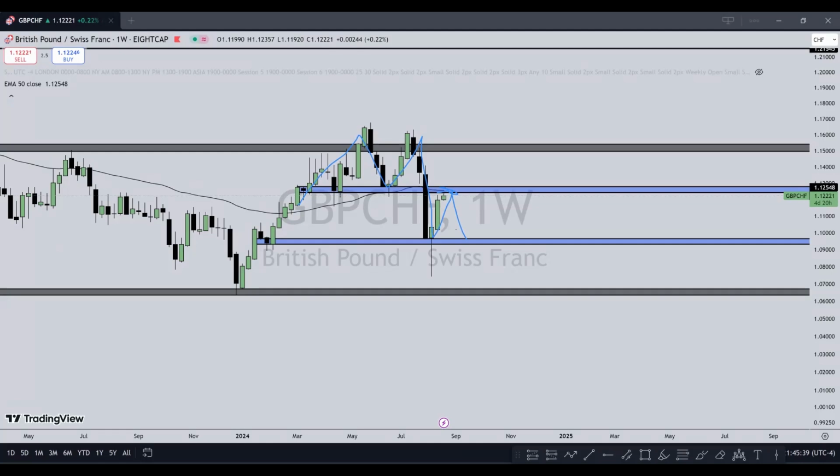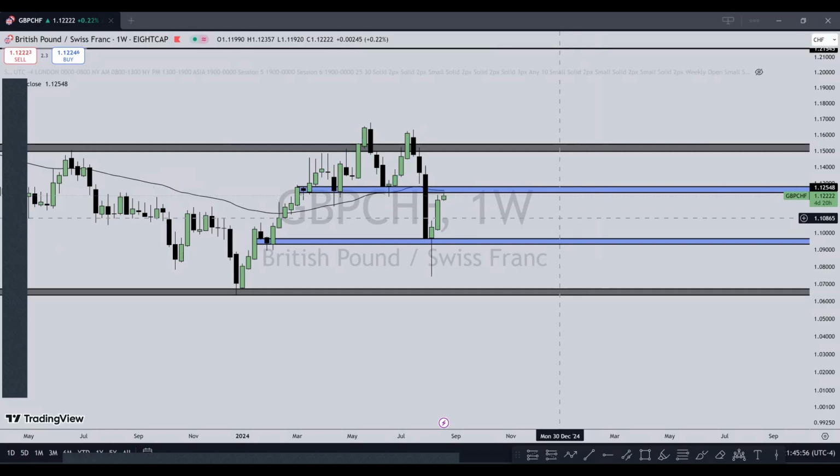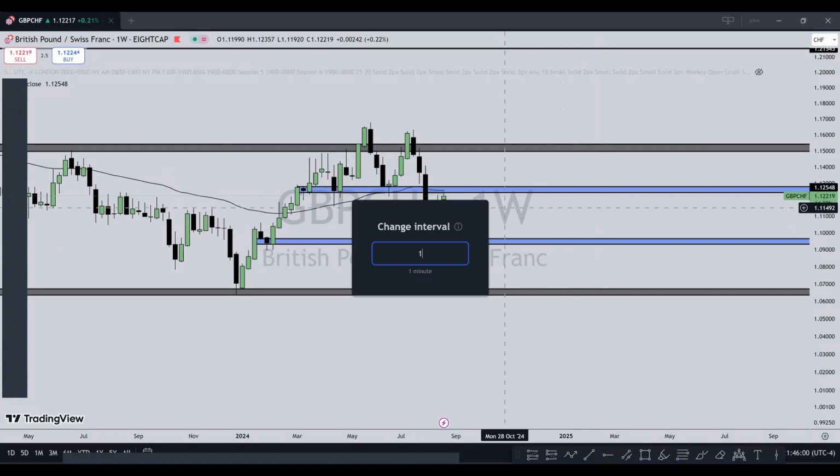So we can expect price to push down to this lower bound. But if it breaks, I will not be taking a trade. So I'll wait for confirmation, maybe a bearish engulfing candle or a change of character